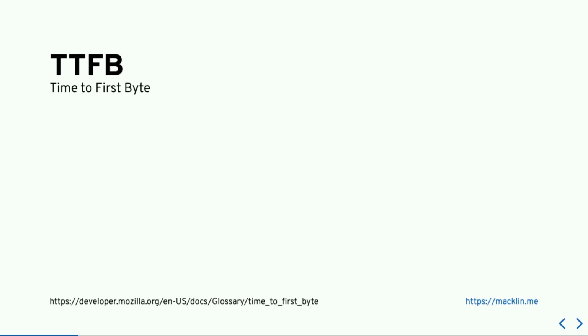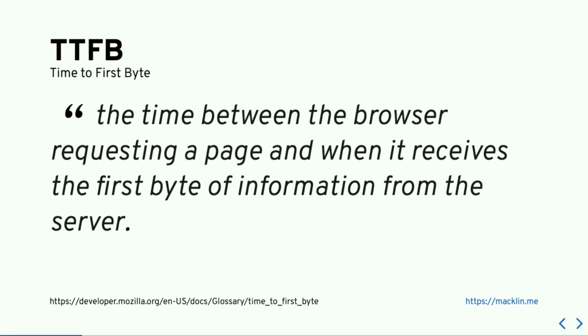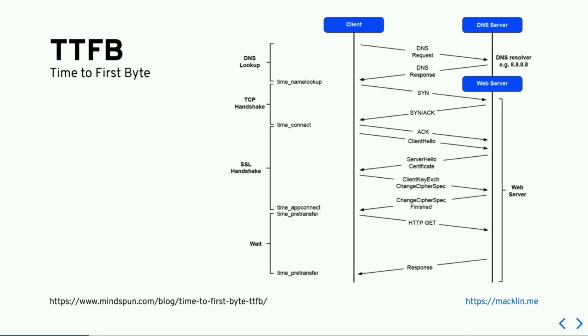So I'll explain all of these, but don't worry if those abbreviations start to I guess merge a little bit when you hear them. So first one I'm going to talk about is time to first byte, and basically this is the time between when the browser requests the page, so you go to google.com, and then the first byte of information coming back from the server. Essentially, it's kind of all of this stuff that happens in the background when you're loading a page. You don't just make one request to the page and then it gives you the page back. There's actually quite a bit of a dance that happens. And then that response, that last line, is generally when you start seeing the page loading.